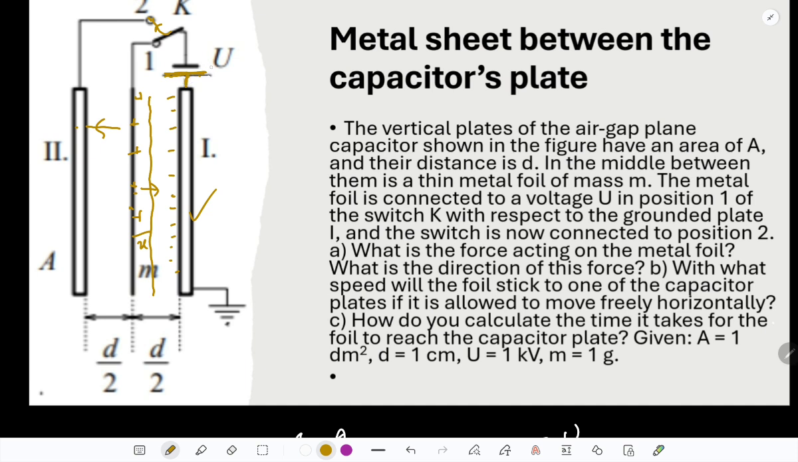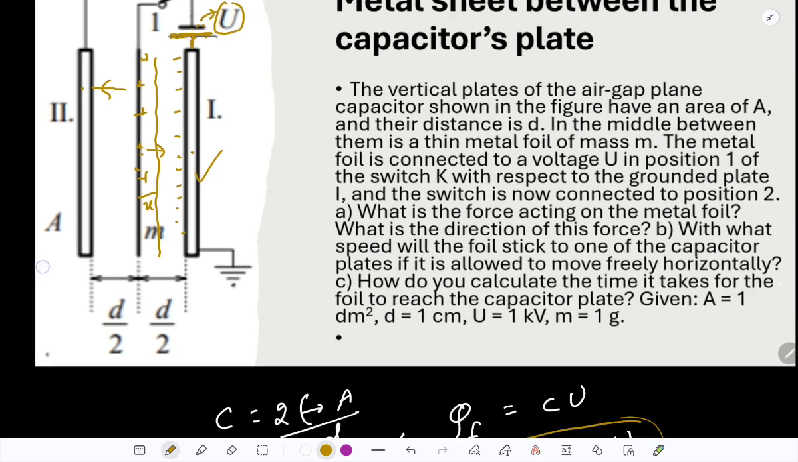Its potential will be equal to 0. So I think the potential of this plate is U itself, because this plate is connected to earth, so there is a potential difference, whatever it is, positive, negative, I don't know, but the potential of this plate is U. So I can write an equation like potential of this plate